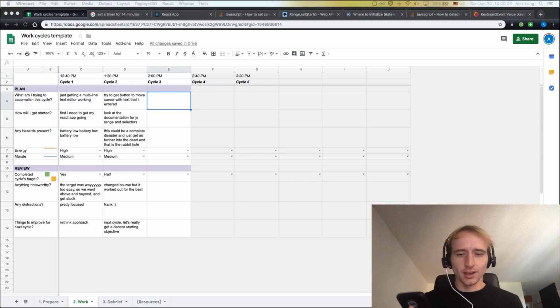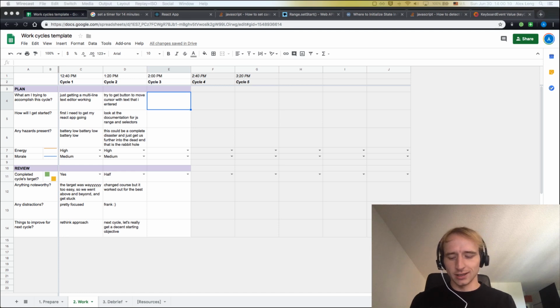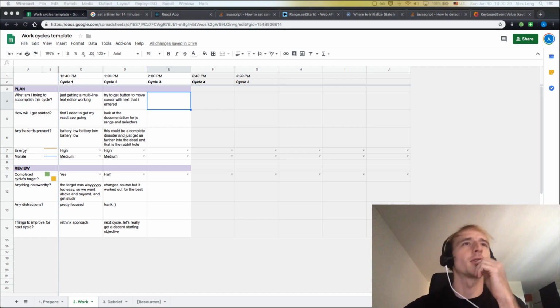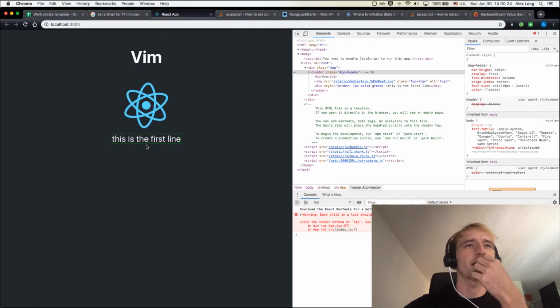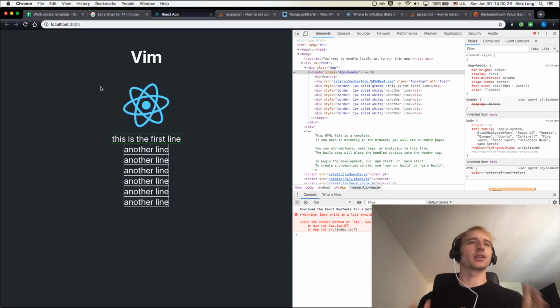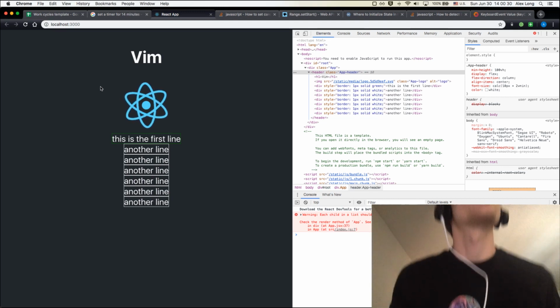Cycle 3. Right. So, let's review a little bit. So, we got our little thing here going. Can make some lines. That wasn't really a coherent sentence, but